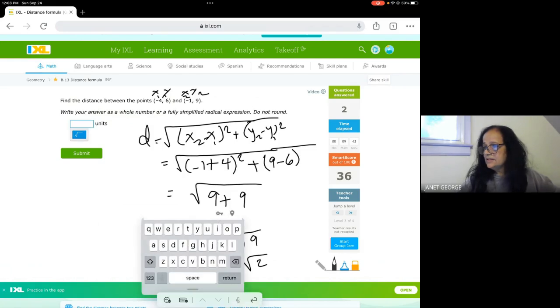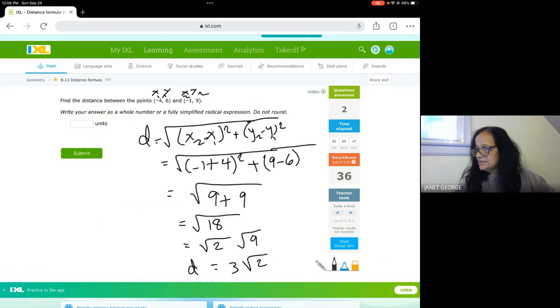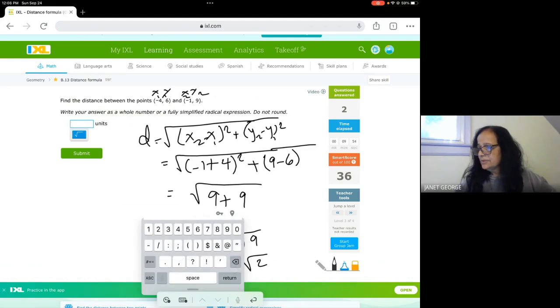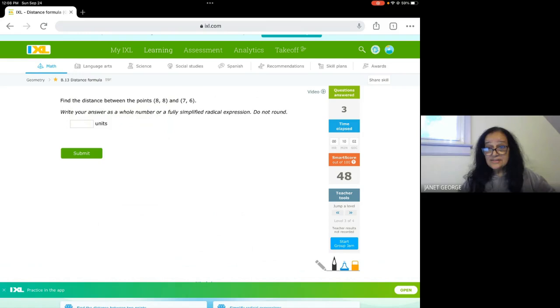So let's see if we can put it right here. We said it is 3 square root of 2, right? So we're gonna put 3, and we have the square root right here, and we're gonna put just the number 2, submit. Okay, and that's it for